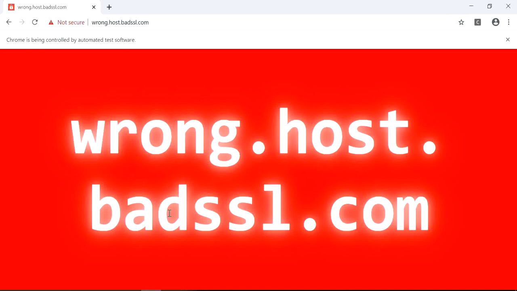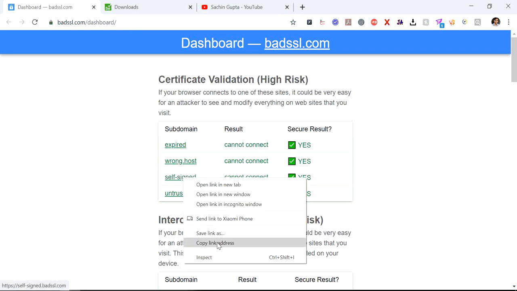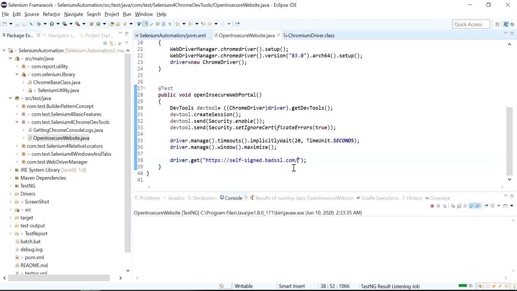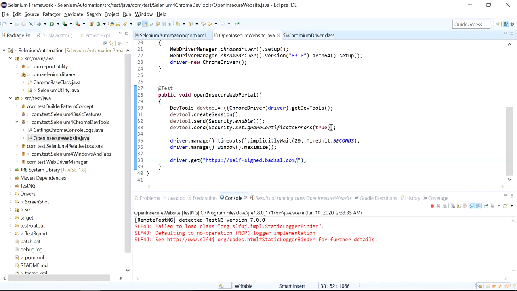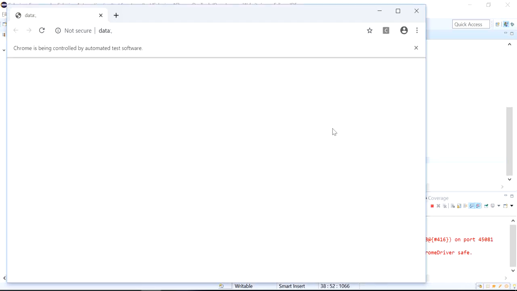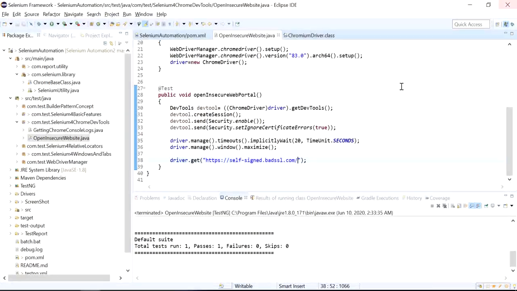Yes, we can see wrong host, badssl.com. We're able to open. Let me check this as well, self-signed. The web page opens. We can see a self-signed SSL. We are able to open.